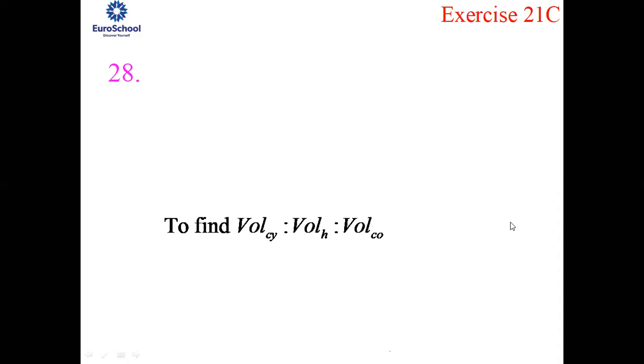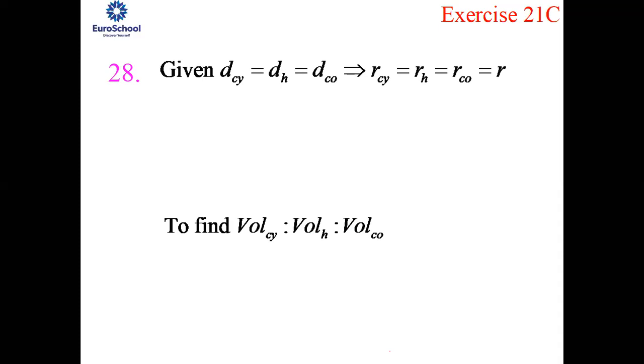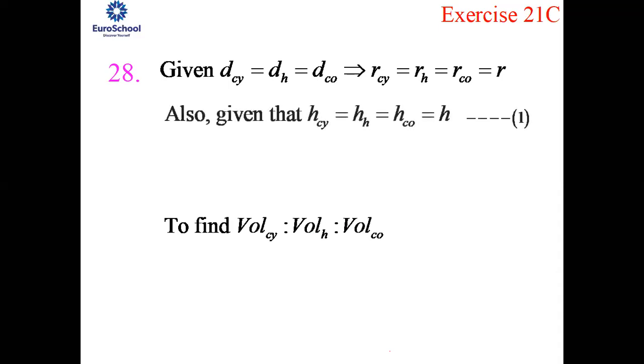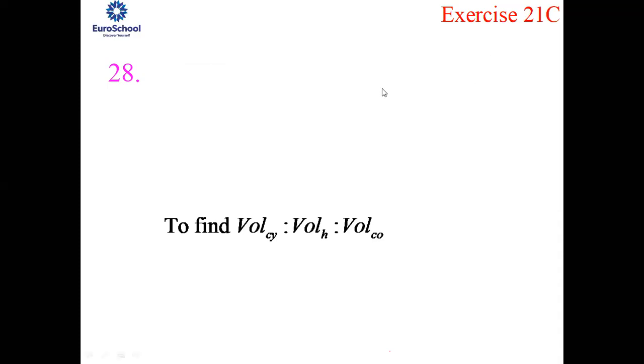And what else is given? They have the same height. The height of the cylinder is equal to the height of the cone. So your H_cy and H_co are equal, and you can take it to be H alone. Now in all the formulas, you can represent their respective radius as r and their respective height as H. What are we supposed to calculate? You need to prove that their volumes are in the ratio 3:2:1. Now, how do you go for that?